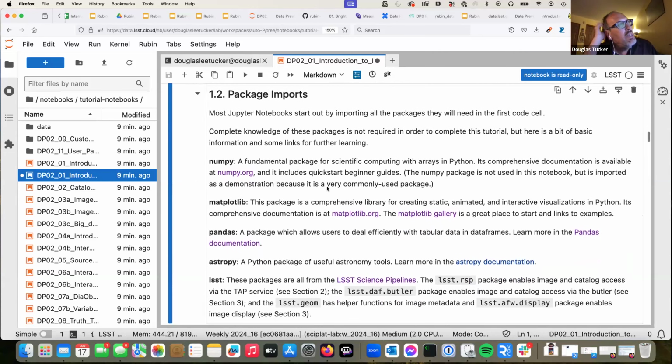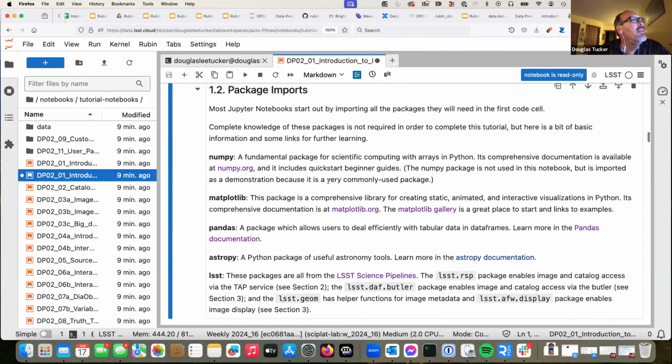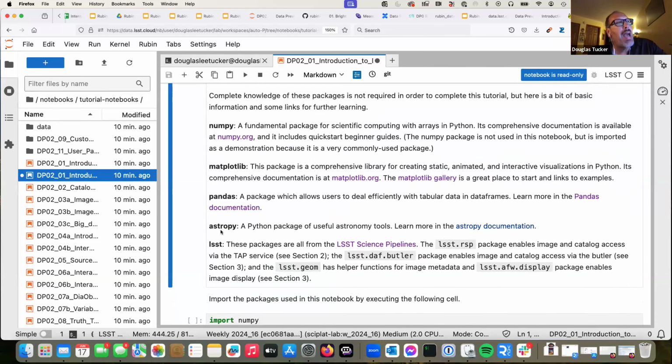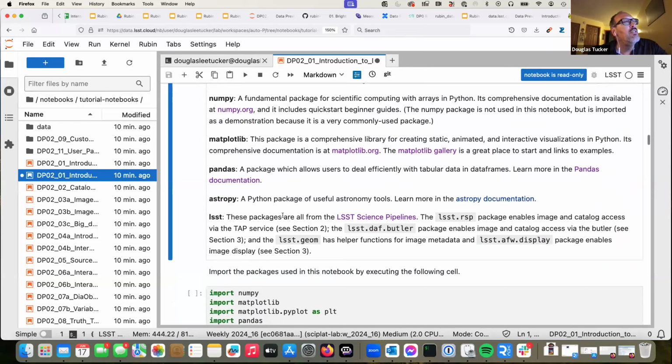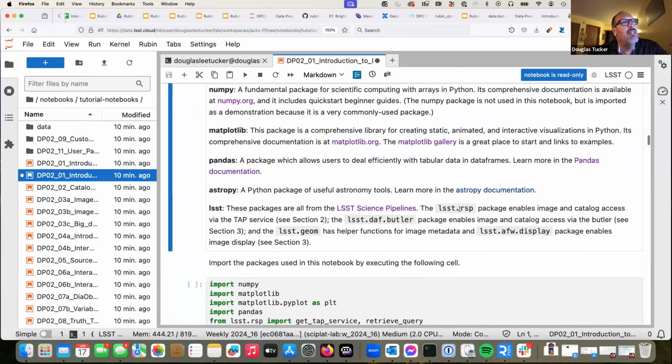So, package imports. Some standard ones that you will often use are NumPy, which is a scientific computing package in Python; Matplotlib, which is for plotting in Python; Pandas, which does wonderful things to manipulate tabular data in the form of Pandas data frames; AstroPy, which is a Python package of various useful astronomy tools; and various LSST packages, which are packages from the LSST science pipelines, and include, for instance, the LSST.RSP package, which enables image and catalog access via the TAP service,